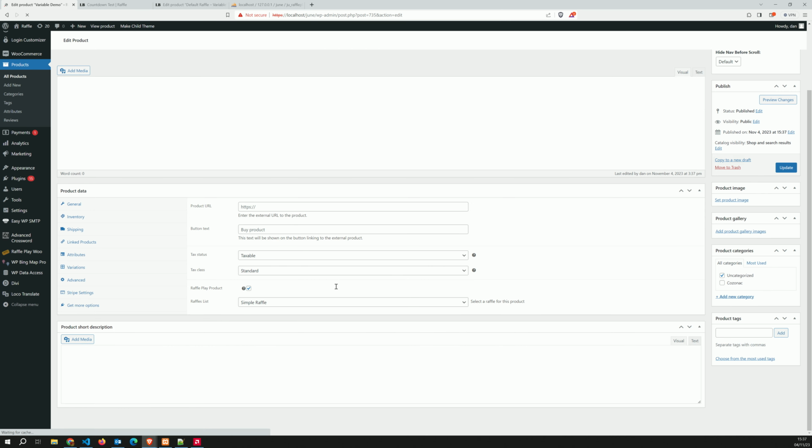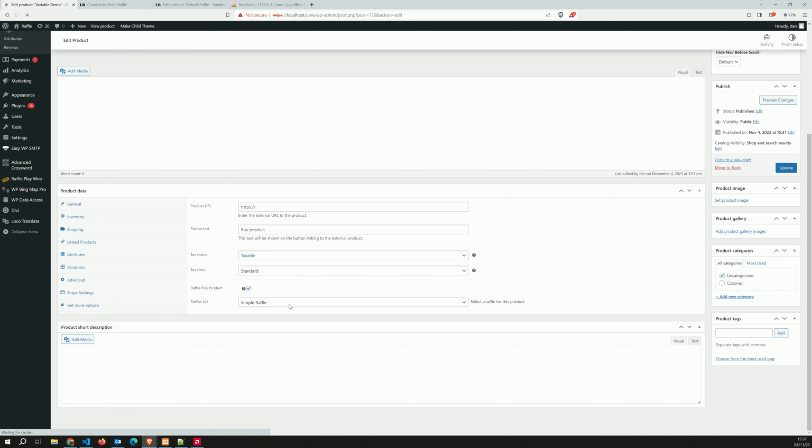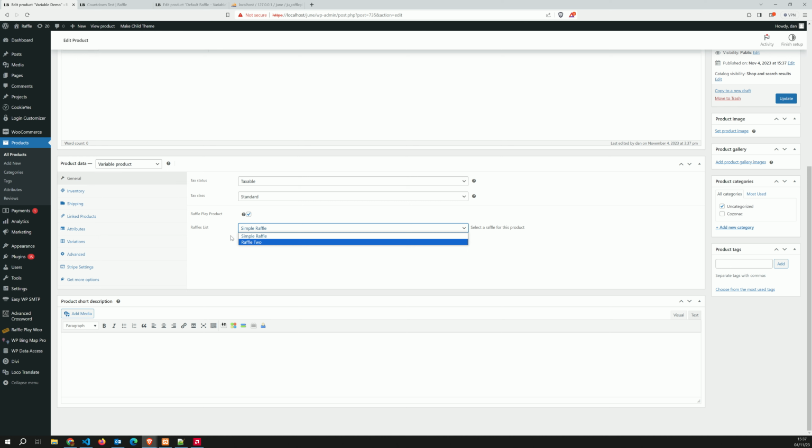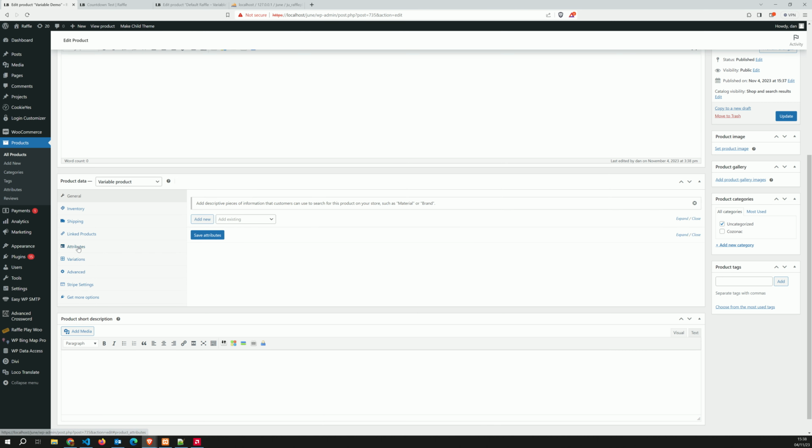After publishing, which is taking some time, we go back here and change the raffle. So we're going to say raffle 2. Update again. Go into attributes, and here we're going to define the attributes